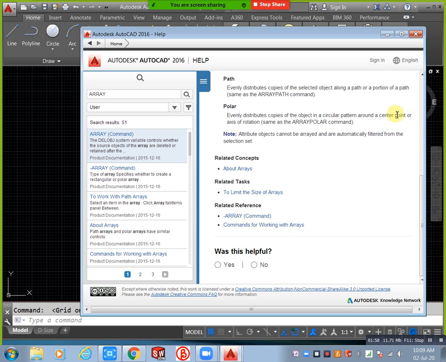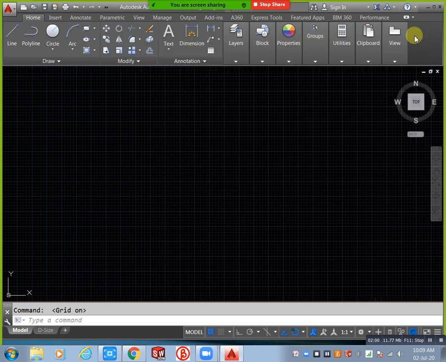Okay, this is help. Next, after this we have function key F2. Why we use function key F2 is nothing but for previous data or history. What you have done previously, all the data we can directly see in that history dialog box.